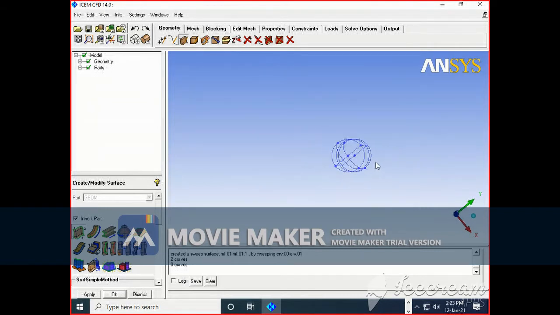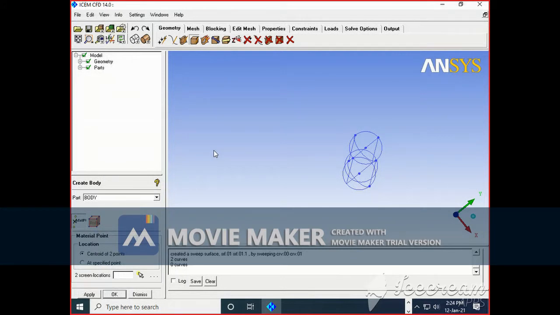Once you do this, this software gives only surface modeling. Surface means you have seen here only surface. There is no solid volume. So for that purpose we need to define what is inside this surface. That is nothing but the next option, create body. In create body, you can define either solid or liquid.